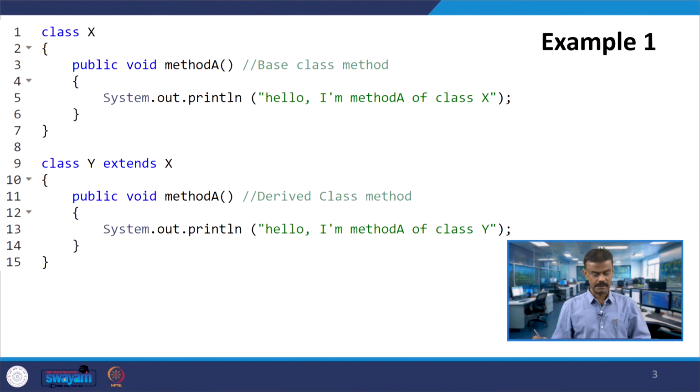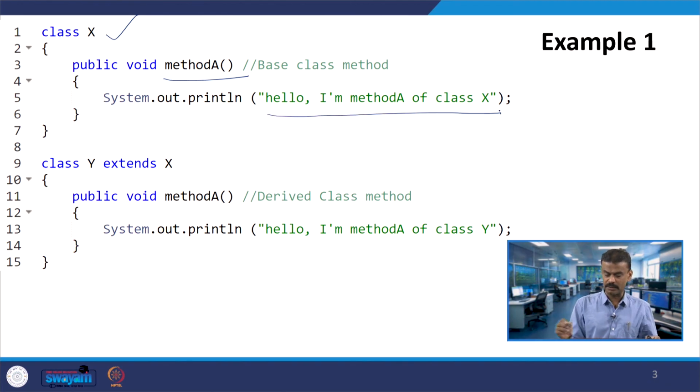Now we will take one more example. I have a base class X, and under the base class I have one method A. Here I am printing System.out.println "hello I am method A of class X". It is a very trivial print statement.